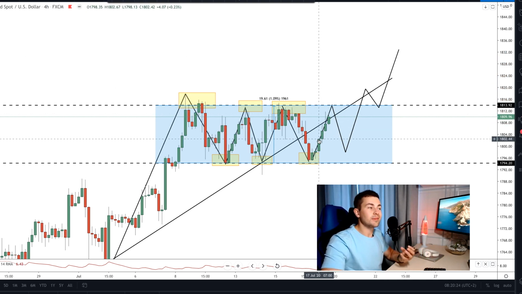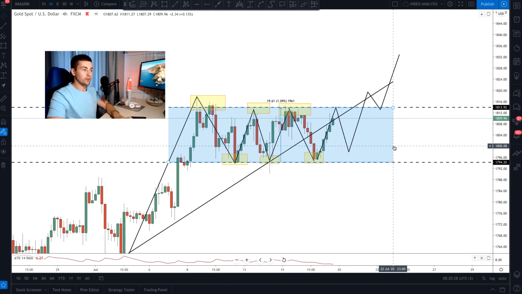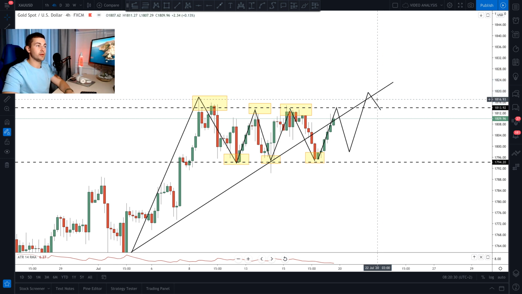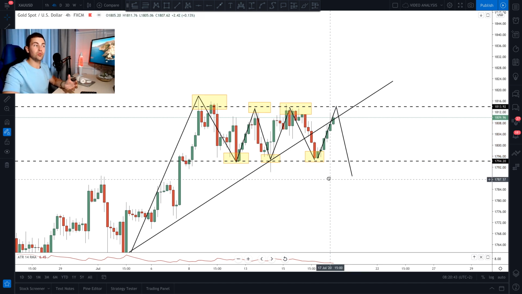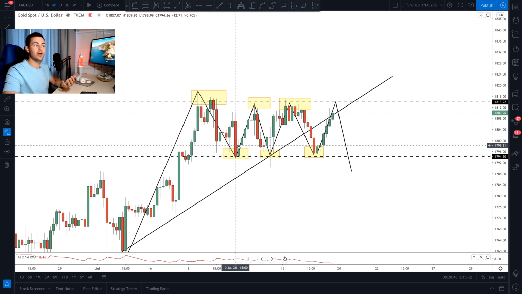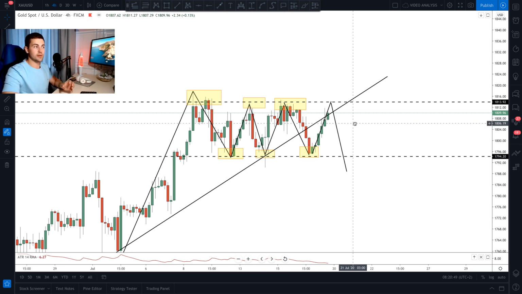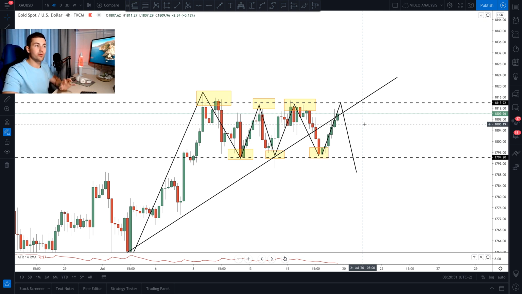So never trade such breakouts. For the confirmation of this breakout to violate the channel, we need the violation of these lows. We need the breakout of these lows to the downside. Only then we can say that the breakout of the channel is confirmed, that the breakout of this range is confirmed. But for now, too risky. And yes, everything can happen.